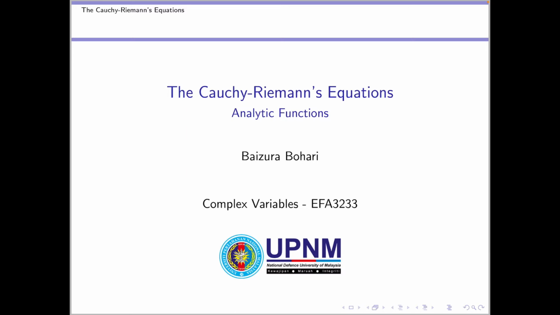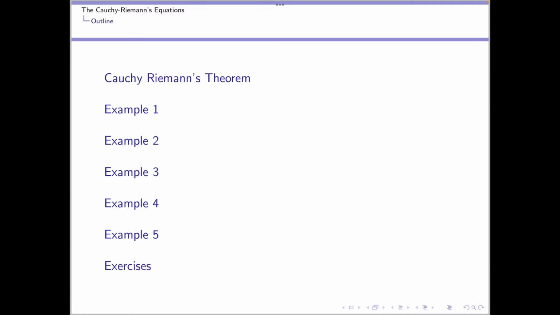Today we're going to learn about the Cauchy-Riemann equations, which provide a necessary and sufficient condition for a function f(z) to be analytic in some region of the complex plane. This allows us to find the first derivative in that region. Here we will go through 5 examples related to the Cauchy-Riemann equations to understand the idea of a complex function